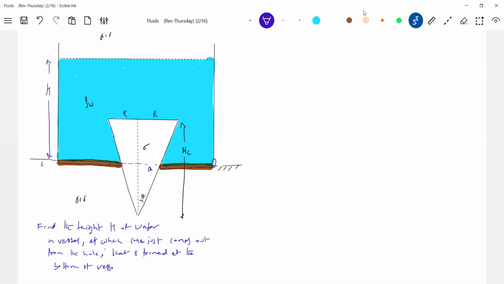What is the radius of the hole? A. You can see very clearly that a hole is present. Why should the cone come out of that? I made the cone a little bit bigger so that we can clearly see things. Height of the cone, let it be HC, that is given. We can easily calculate the length of the cone that is in the liquid and the length of cone that is outside.